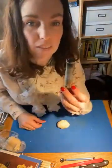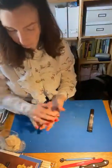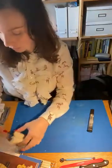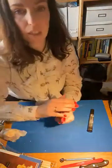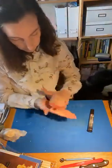So what I'm using as a rolling pin is that. But I don't think I need that much. Once you've made your dough, you do have to keep it covered up, otherwise it just starts to dry out. And I've got mine in a lunchbox. You can make a big batch of it, and then you can just keep it for the week and have a crafty week. Right, so we want our sheep to be...